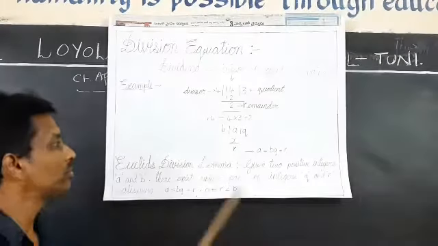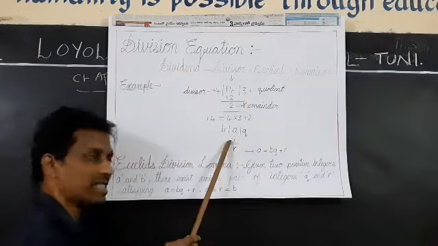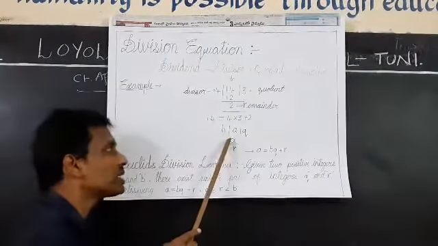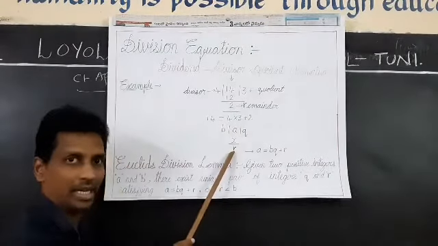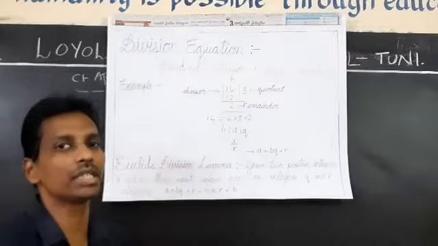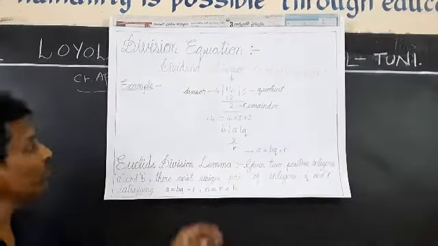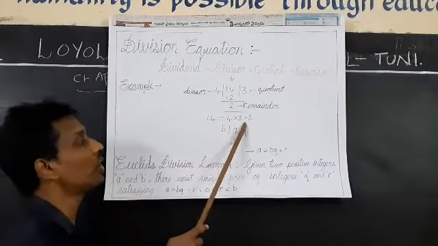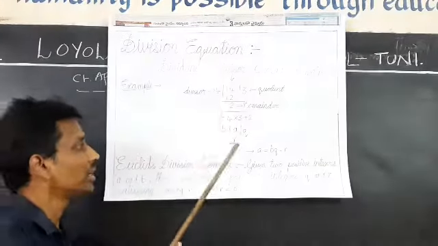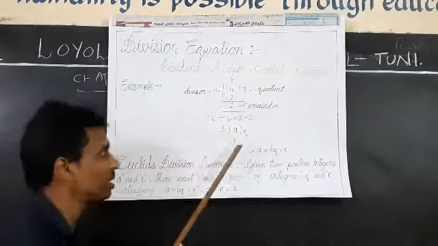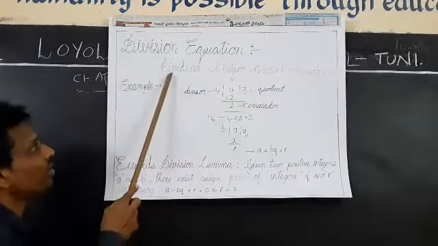Let me assume the product of b and q is x. When we subtract x from a, we get some remainder. That remainder I represent with a lowercase letter r. How did we write 14 is equal to 4 into 3 plus 2? By using the division equation. If we apply the same condition for the second division, we observe,